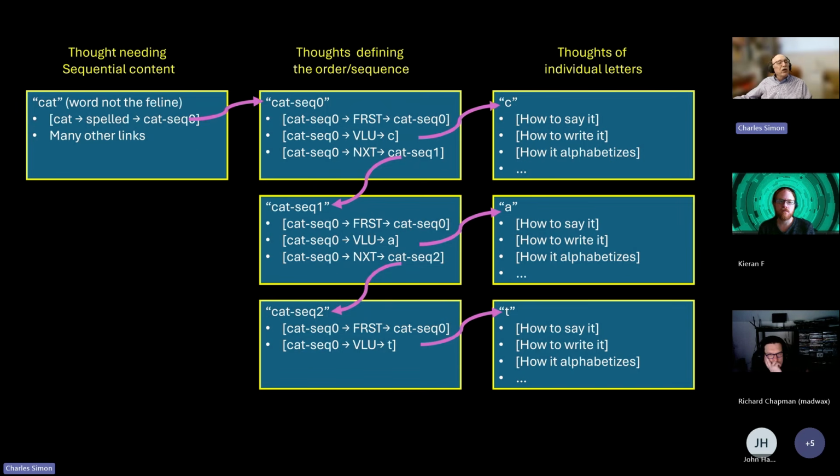And so in order to say cat is spelled C-A-T, there's no avoiding that you have to have these three intermediate sequence representation neurons. And the reason, of course, that you can't put the next parameter, say, on the C is that if you did, then every C would be followed by an A, and there would be no way to represent different words. So you have to have this kind of intermediate structure. And of course, I build this intermediate structure out of atomic thoughts, just like everything else.